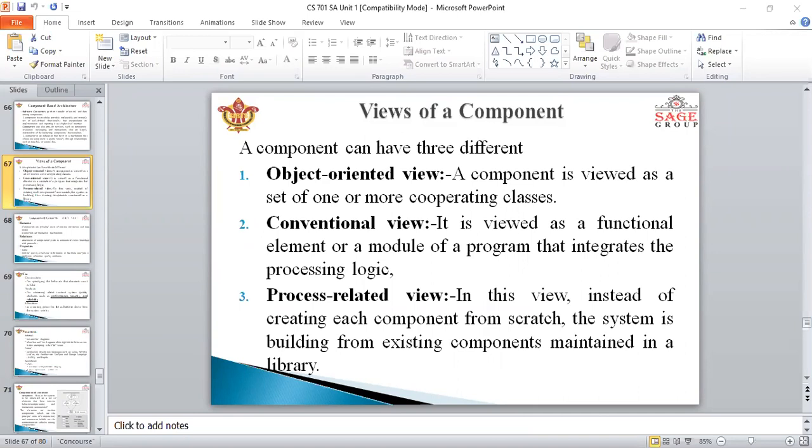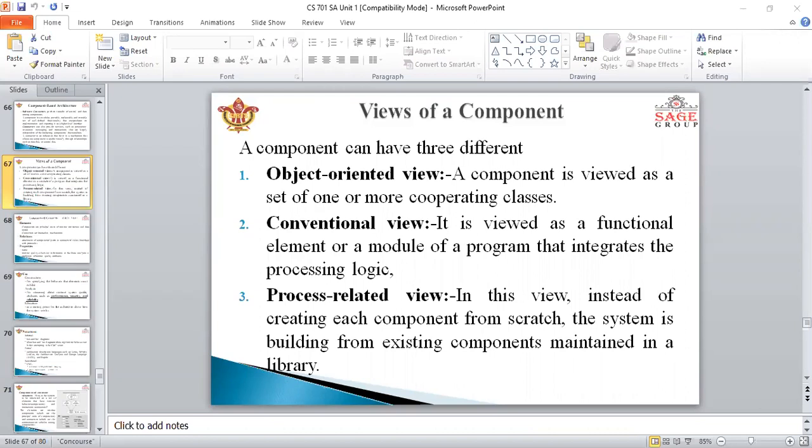In the conventional view, the component is viewed as a functional element or module of a program that integrates the process logic, the internal data structures that are required to implement the process logic, and an interface that enables the component to be invoked and data to be passed to it. And what is the process related view?